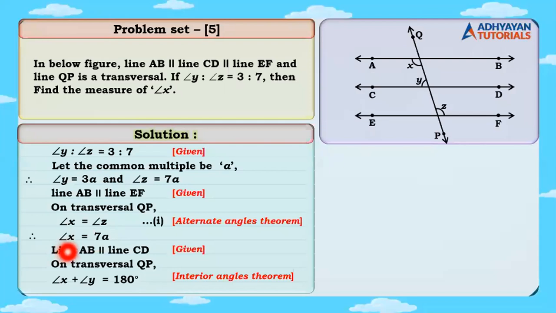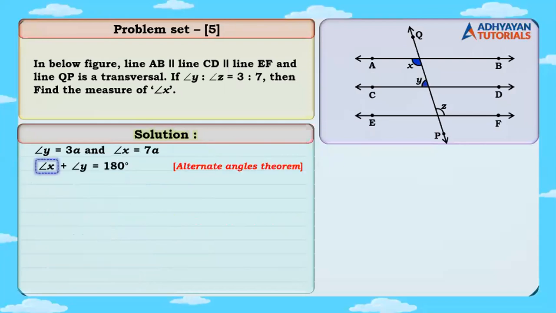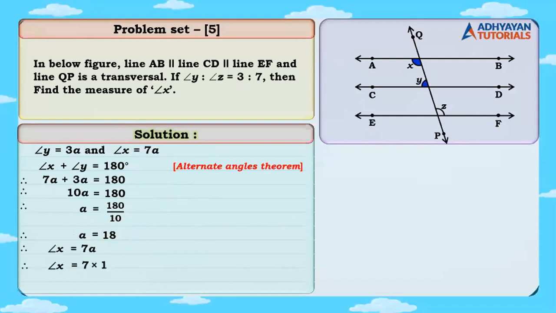3A. So it has to be 7A plus 3A is equal to 180. How much is 7A plus 3A, children? 10A, which is equal to 180. We shift 10 to the other side, so it gets divided. 0, 0 gets cancelled. The answer is 18. But tell me one thing, did we have to find A or X? X. Look at X, children. It is nothing but 7A. So once we have found A, can I find X? Yes. It is nothing but 7 into 18, and you get the answer. I hope it is clear.